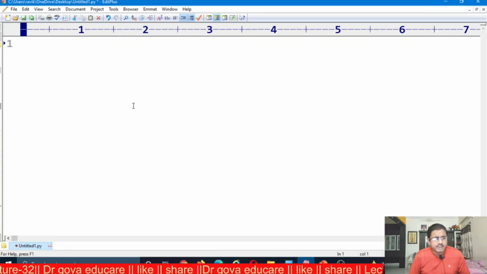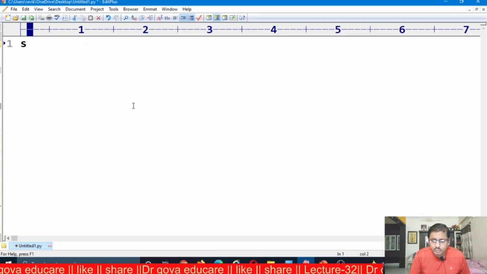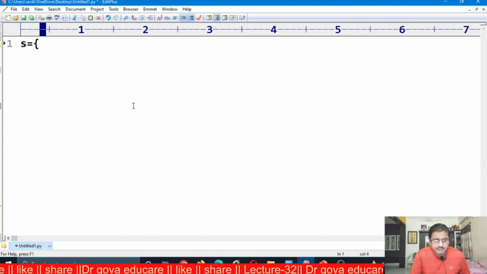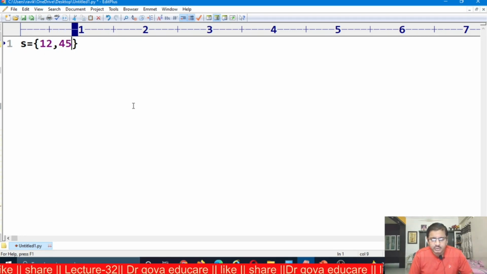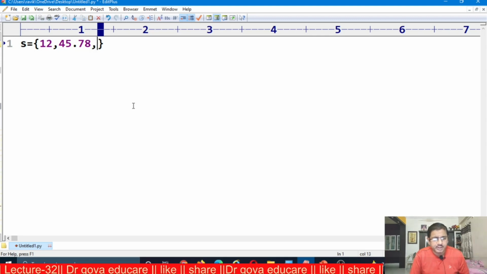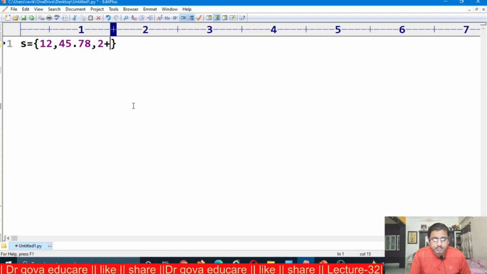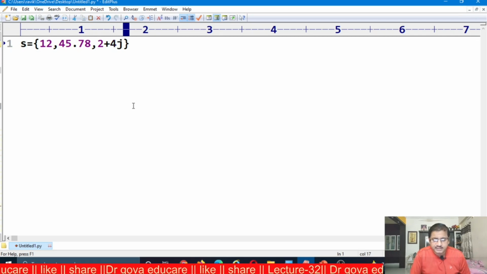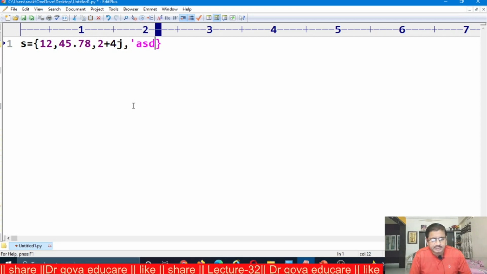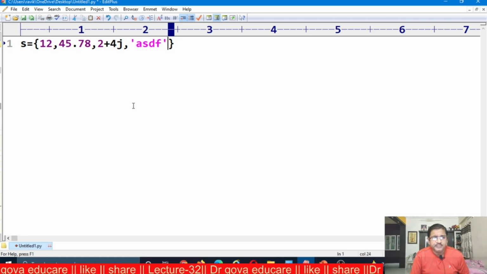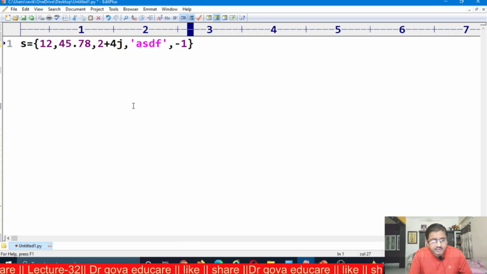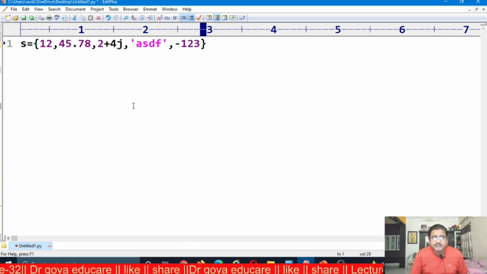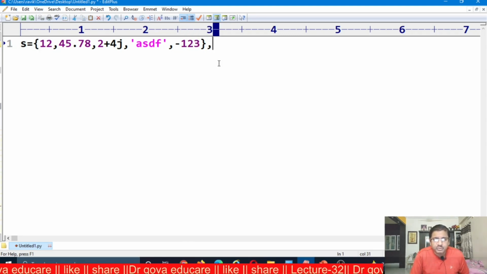I am showing this practically. S is equal to, within the curly braces, I want to insert elements. 12 is an integer element, 45.78 is a floating point number, 2 plus 4j is a complex number. ASDF is a string, minus 123 is a negative integer, and also